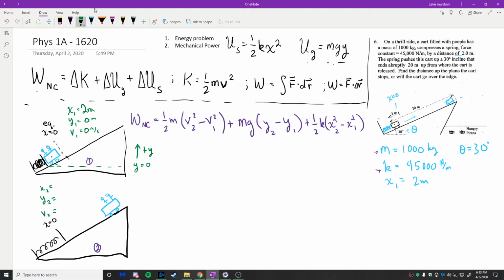Just in general, strategy-wise on these problems, you need to draw a picture of the two situations, 1 and 2. And then for each situation, you want to label all the variables that you might have. That's basically what I was saying. The next thing to do is to fill out the same information down here at the bottom for x, y, and v. So for x2, this represents